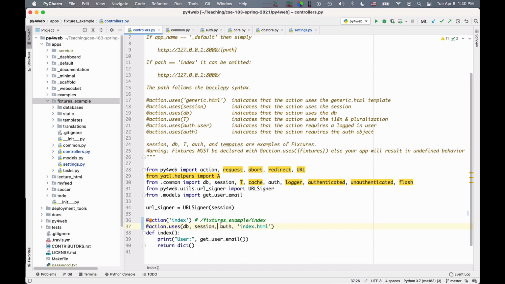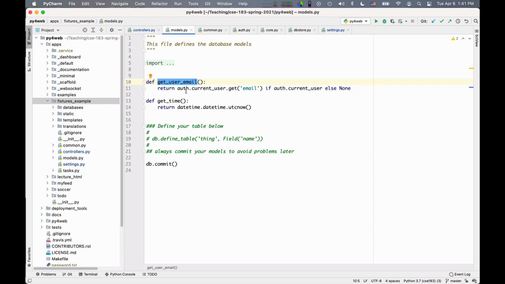So the short of it is that if I run this code, which I will do now, I will have a connection to the database, I will have auth active, and I will have also a template for rendering. So this page, all it does is that it tells me who the user is. And I have this getUserEmail method that tells me the name of the user. If you look at how it is implemented, it takes the auth object and takes the current user from the auth object and gets the email out of it, if you have a current user, and otherwise it says none. So getUserEmail gives me either none or the email of the current logged in user.